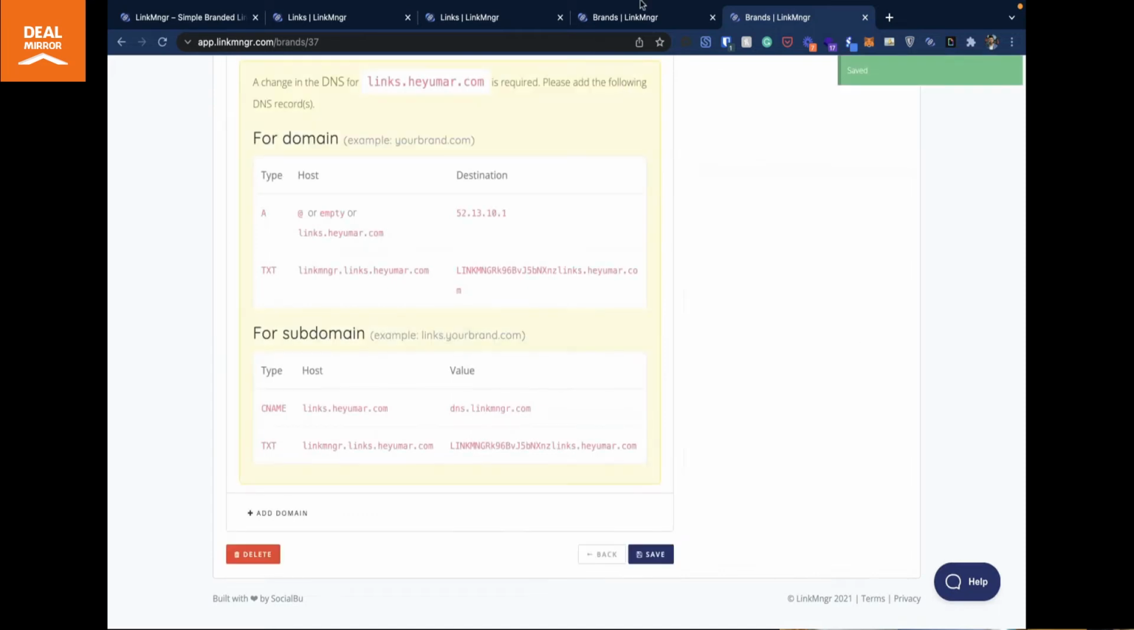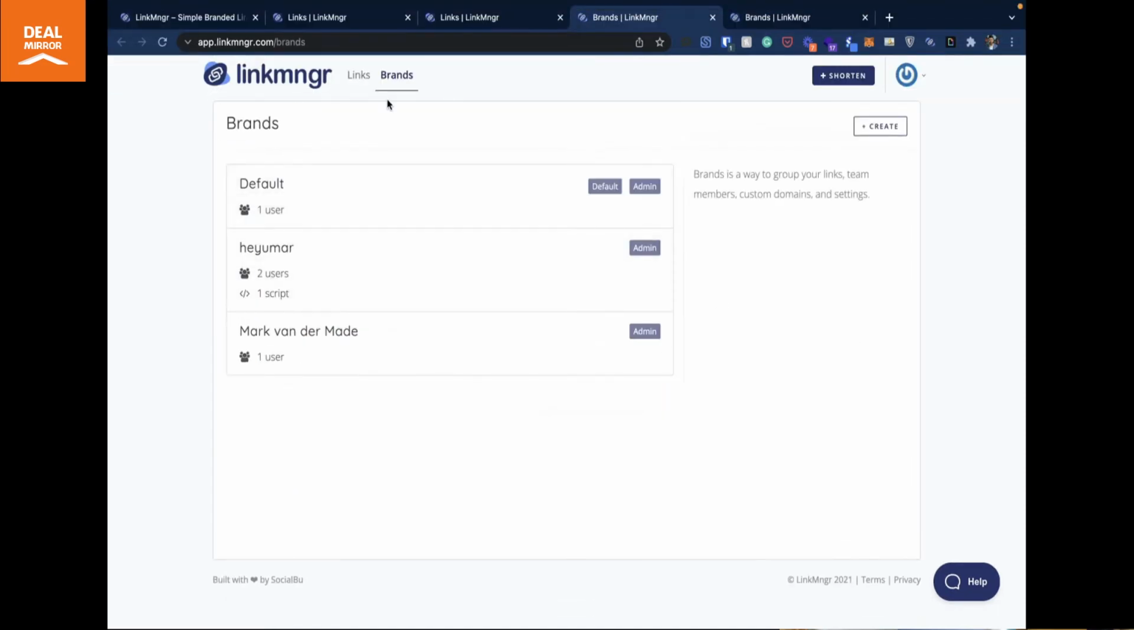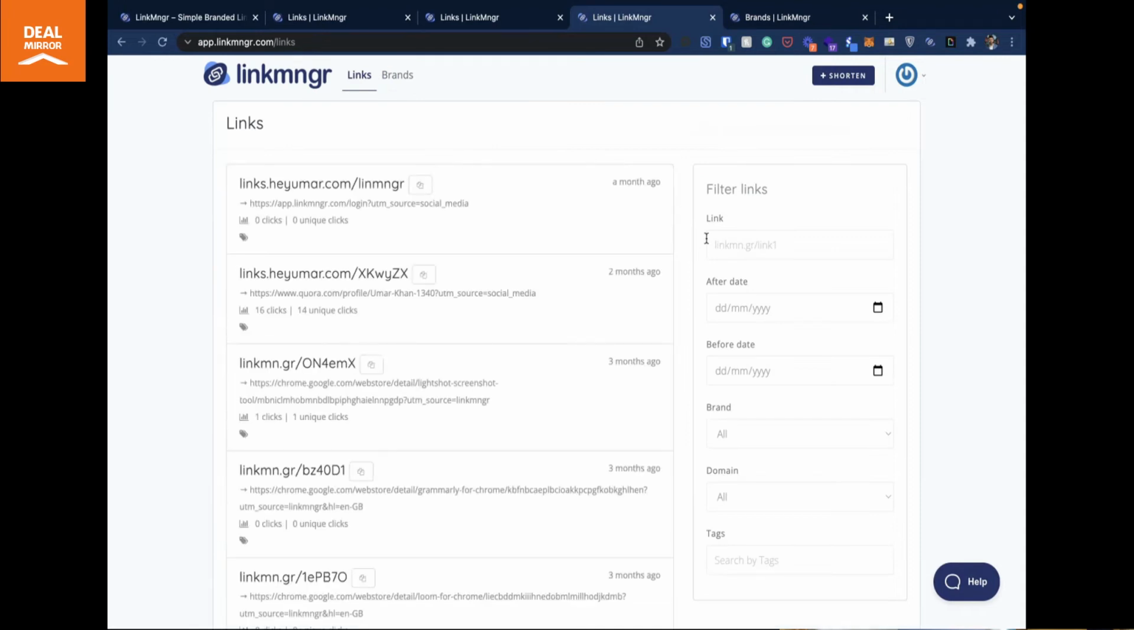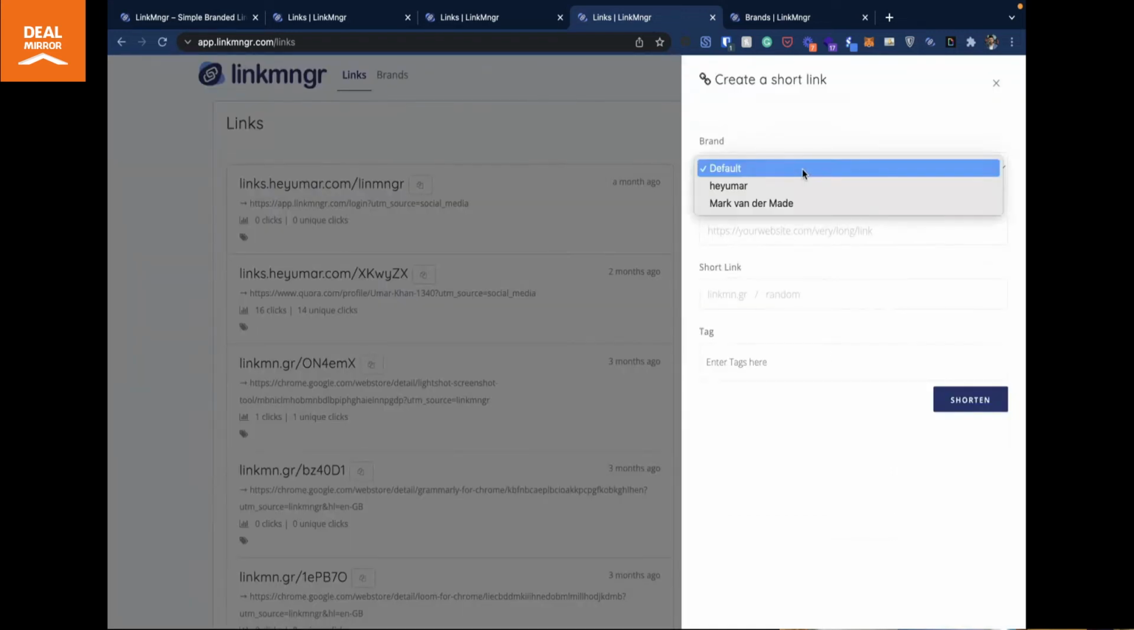So we hit the save button, and then we come to the link section, and now we are going to create a branded shortened link in link manager. Always go to shorten link here, and then here you can see the brand, meaning the custom domain you want to create the link from. By default it's link mngr. So if you have a brand, you select it. Then you have to